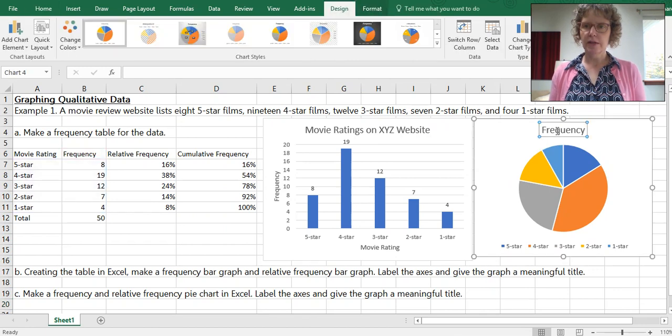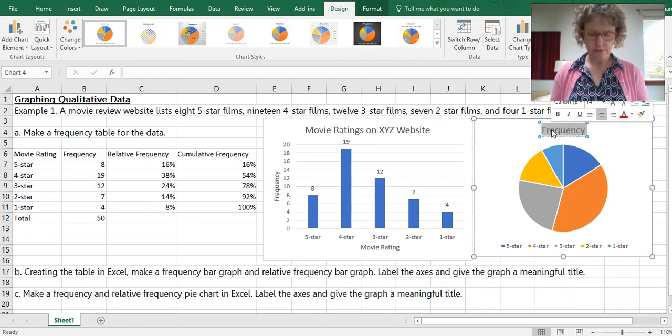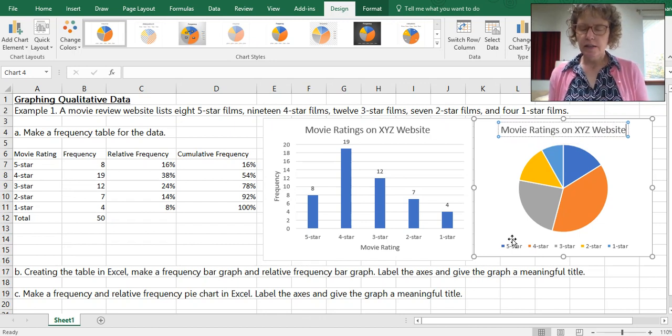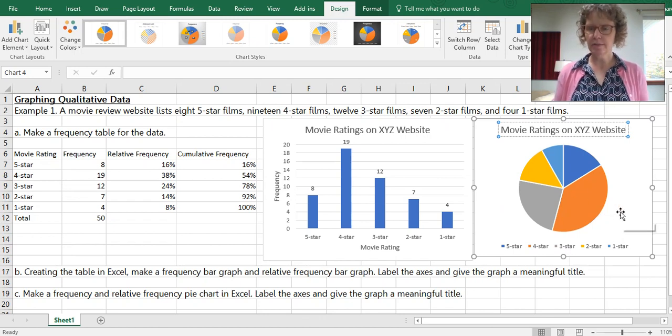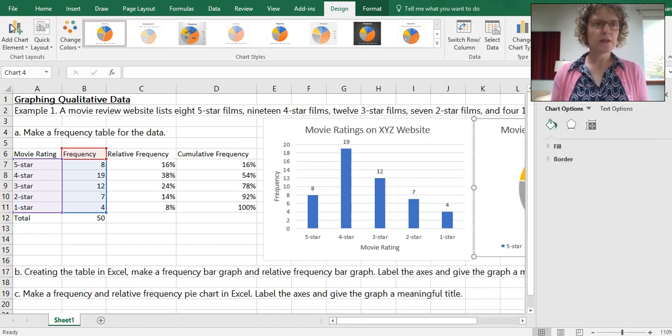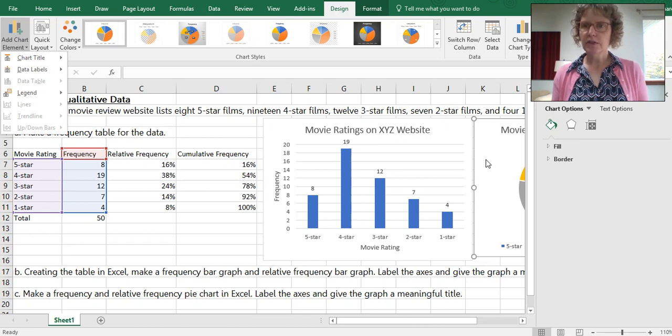Great. Let's make the same title because this is the same exact data. Let's see how it did. So we've got our categories, 5-star, 4-star, they're all color coded. When you click on the graph, you should be able to have all those editing options. I'm not seeing my options here. I think I got one off to the side.